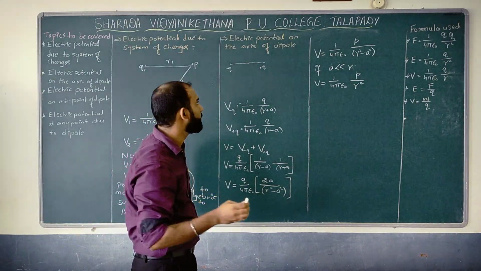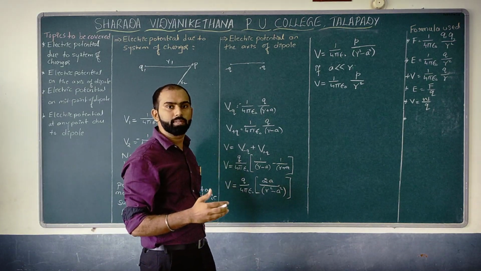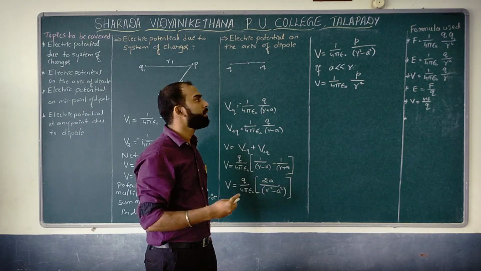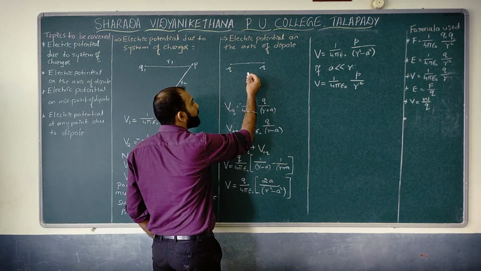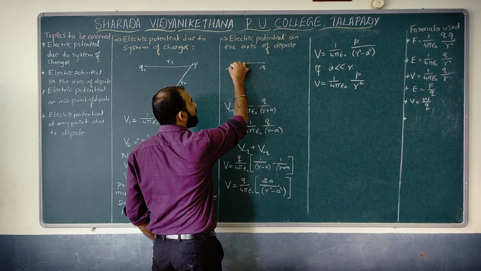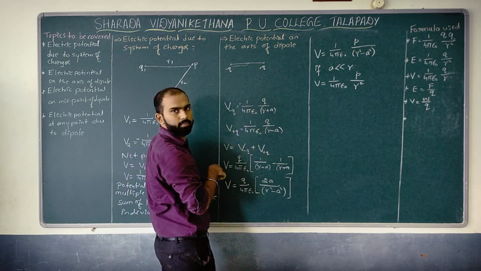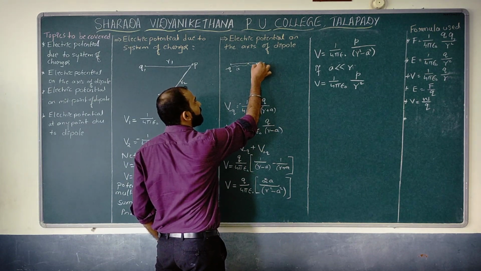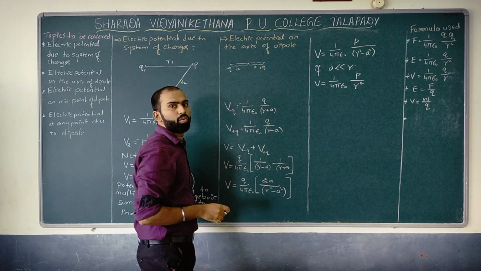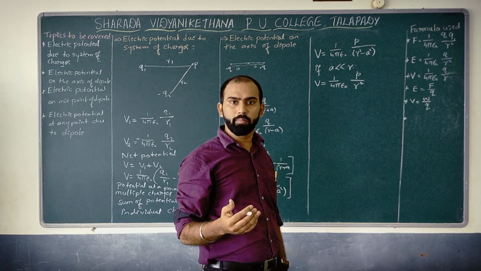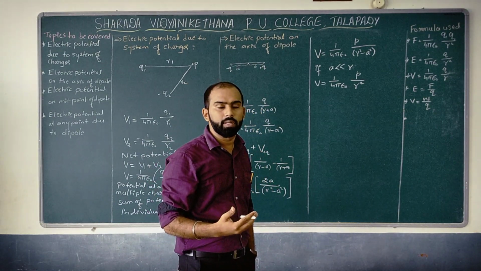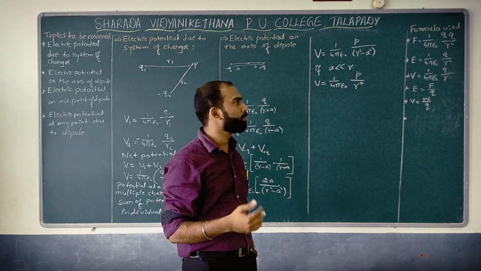We can expect the total length of your dipole, which you studied in the previous chapter, that is 2a. So if it is 2a, what about the length from here to the midpoint? Which is nothing but a. What about from here? Which is nothing but a. So a plus a, which is nothing but 2a, correct? So what do you mean by 2a over here? Which is nothing but the length of your dipole.